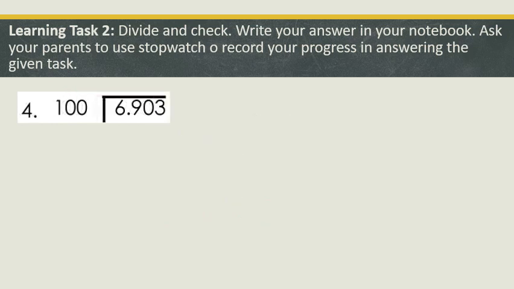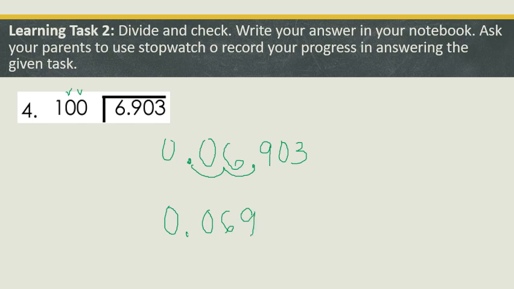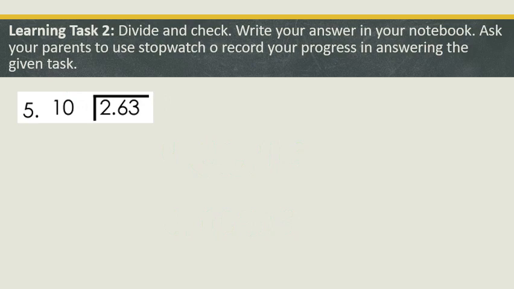Then, number 4, we have 6 and 903 thousandths divided by 100. Ilang 0 ang 100? 1, 2. So, dalawang adjust tayo ng decimal point. 1, 2. So, nandito na ang decimal point. Dagdag tayo ng 0 dito kasi may space. And dagdag tayo ng 0 sa unahan. So, kaya siya magiging 0.06903. And number 5, so 2 and 63 hundredths